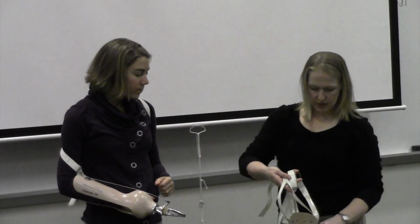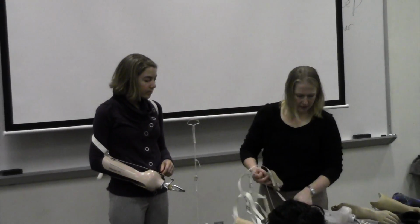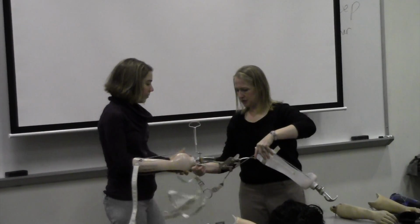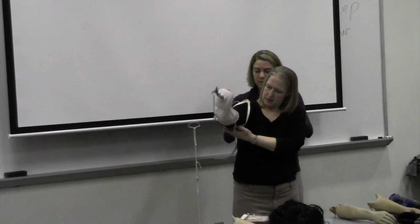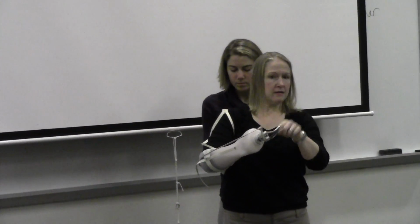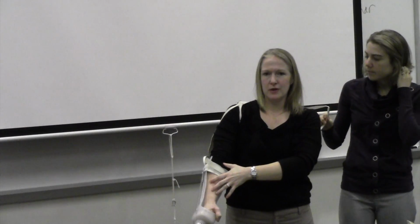This one has a triceps cuff. So this is more for a heavy duty user that's going to be lifting heavier loads. The triceps cuff goes through the back here. This one's a little more difficult to put on. It disperses a lot more of the load here. And depending on how the prosthesis is suspended, they can carry a 5-pail bucket, and the strap and harnessing is going to be what is supporting the load. So they're not really supporting the load through their